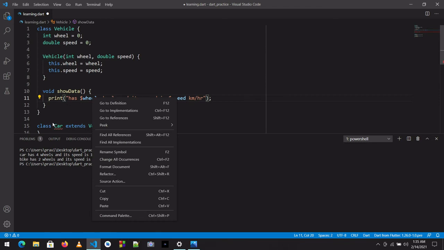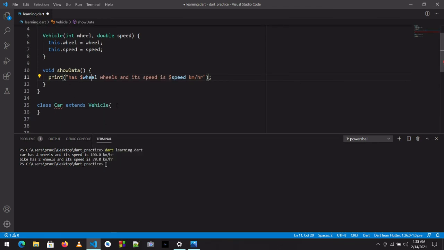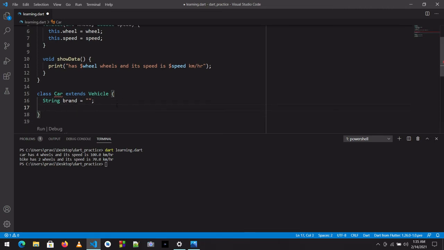So Car extends Vehicle. Now we have one value related only to this car, like a brand name. So String brand equals empty for now, because the user will give the brand name when we create an object.